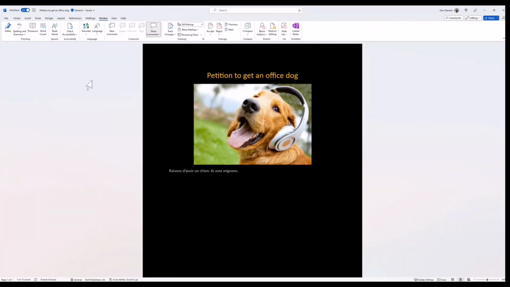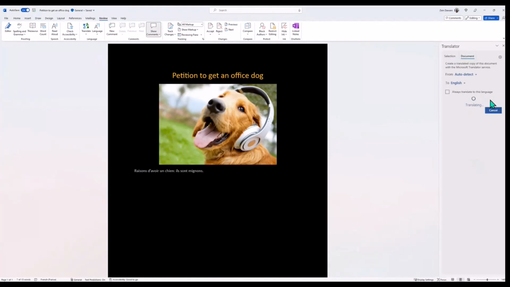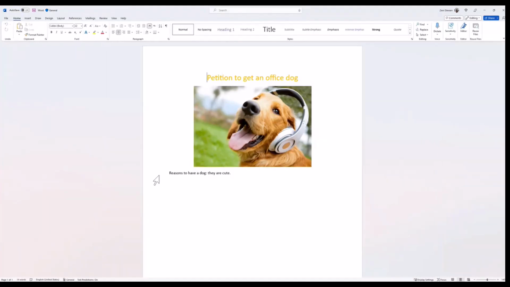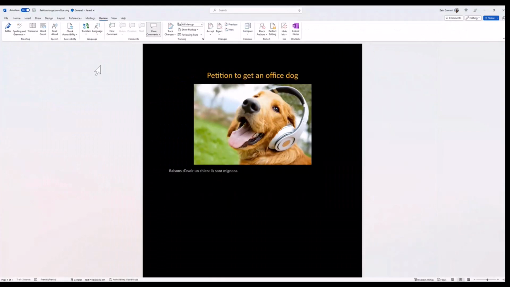Or I can even just translate the entire document. If I click on translate the entire document, it'll open a separate document. So once I click translate, it'll open a separate document that will have everything already translated for me. So I wouldn't be editing the original document. I just have a different document that is translated for me. If I were to just go back to the original,